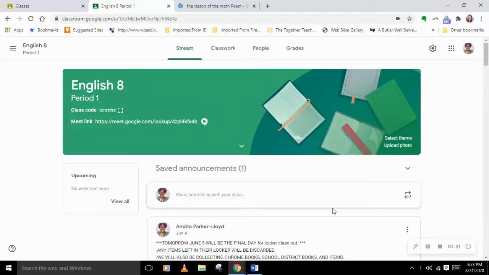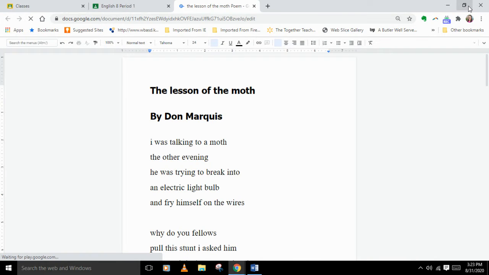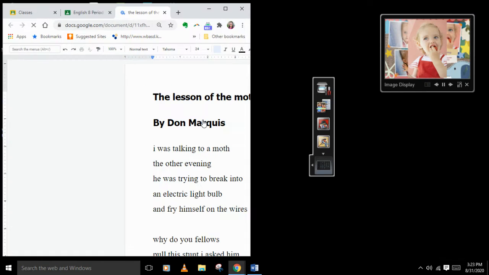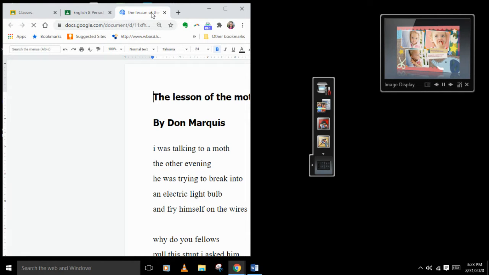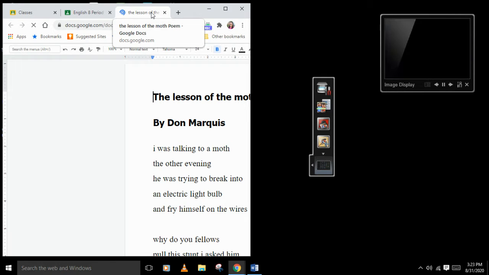we'll be learning today. So if you notice from my screen, I'm in Google Classroom. I received an assignment and I need to read the poem, which I've pulled up in Google Docs. While that's loading, I'm going to shrink the screen. Now it went down smaller, and say you wanted to look at the instructions and look at the poem at